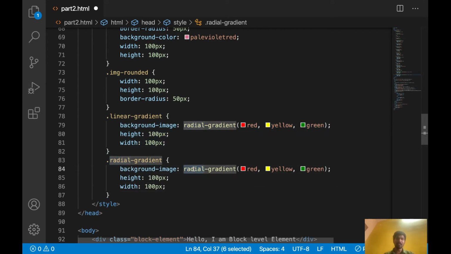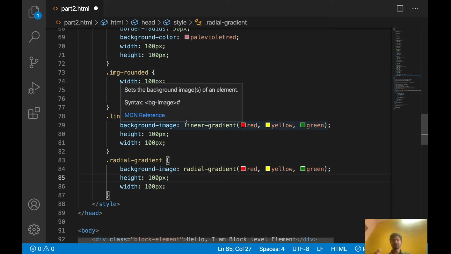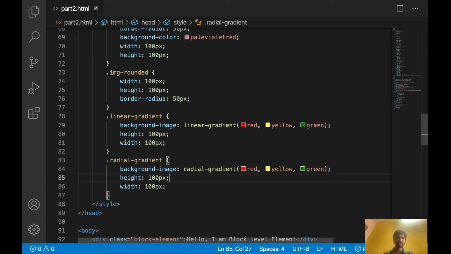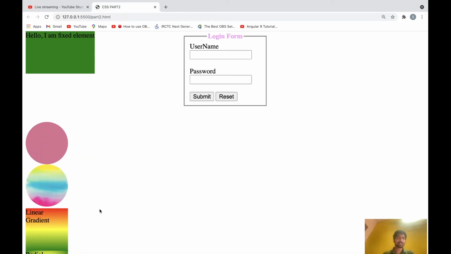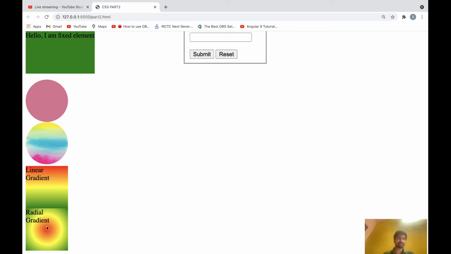Instead of radial, here it should be linear. This is the only difference: linear hyphen gradient here, radial hyphen gradient there. Linear means a plain one will come, one by one. Radial means it will come in a circular way. If you see here, it came in a circular way, radial. Linear means colors display one by one, red, green and blue.